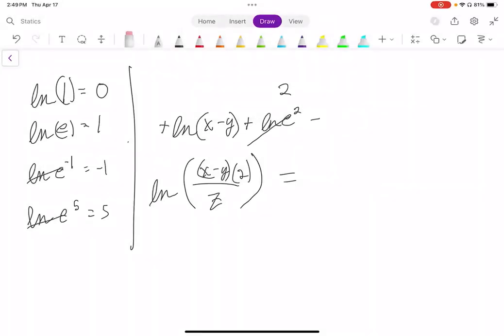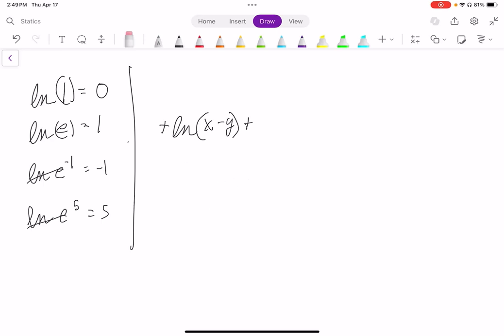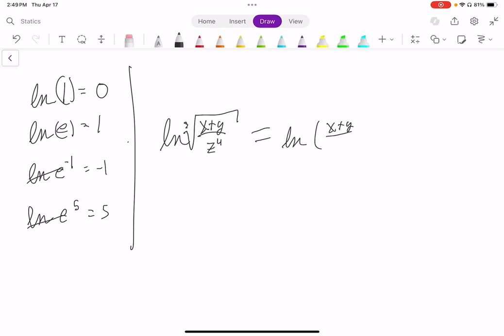The last example I want to look at is another expression in which we are expected to expand the natural log. So consider the expression natural log of the cube root of x plus y over z to the 4th. We can rewrite this as the natural log of x plus y over z to the 4th, all to the 1/3 power,